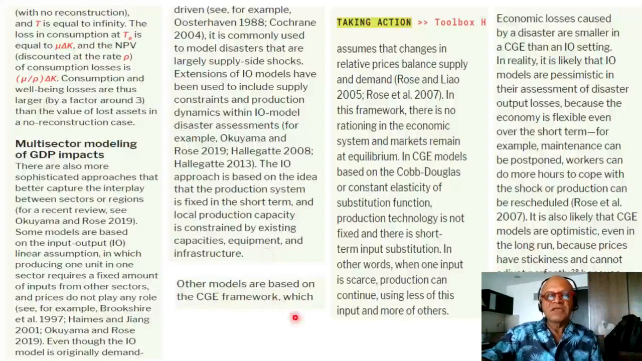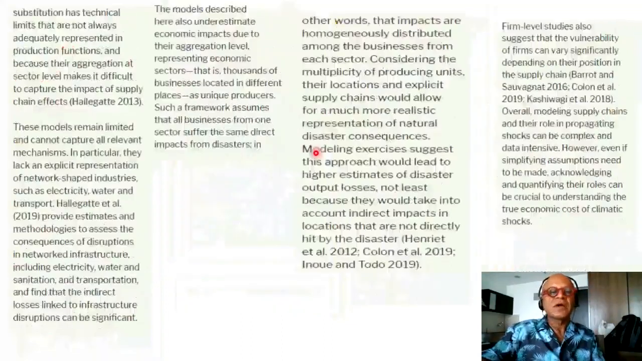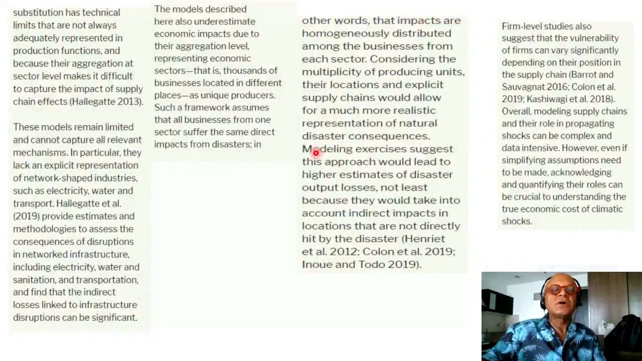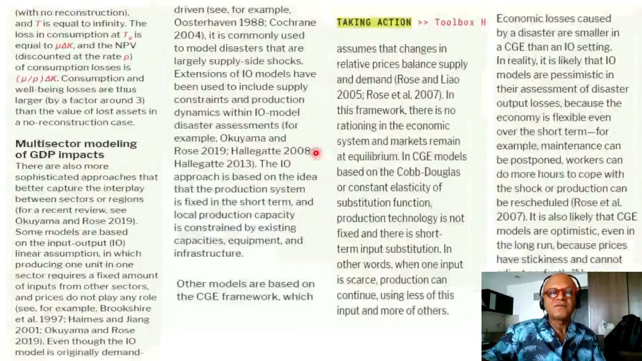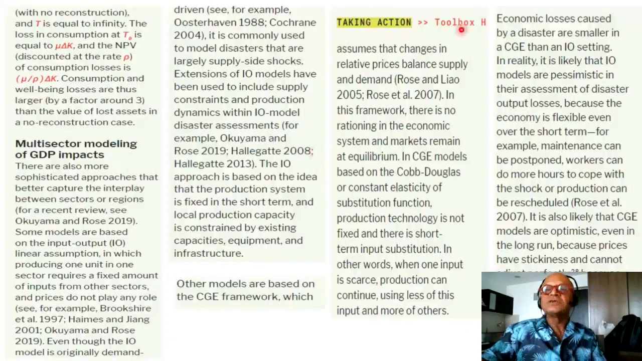Other models are based on the CGE framework, which I have somehow messed this up a little, it's okay, no, don't worry, which